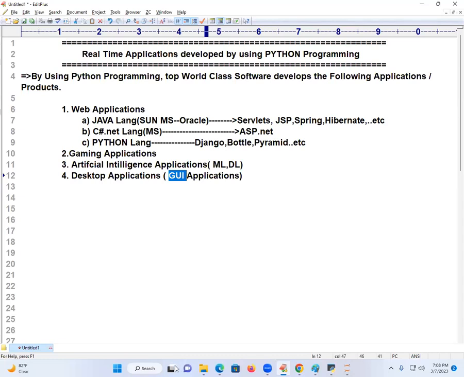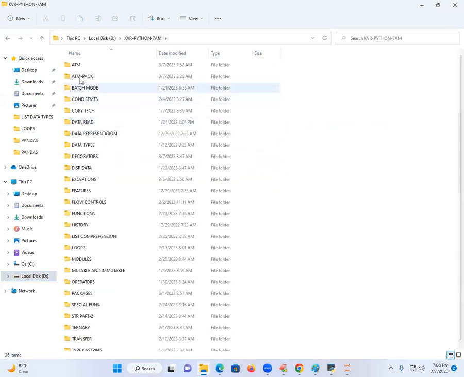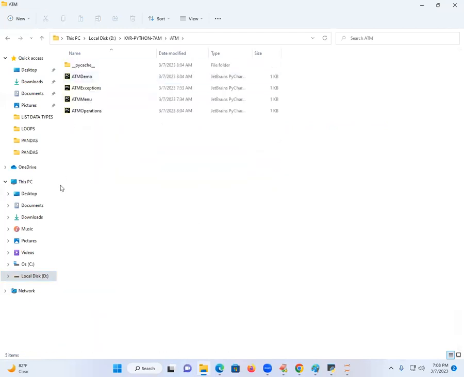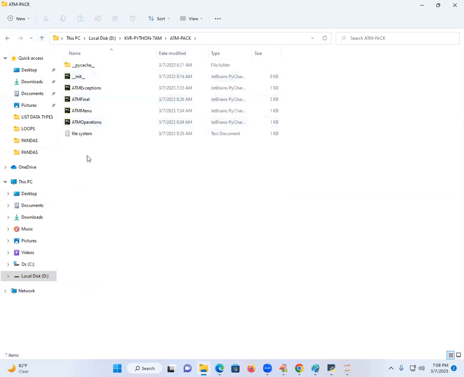I just explained this in the 7 AM batch. There is an ATM application. I will run this class once for you in the demo sessions. I'll show you the ATM, how to give it to the worldwide people, the file system, how to prepare it. Why am I showing all these things? By mistake, if you miss my class, at least you will expect the same thing from another place. Because somewhere else, Python in 20 days and on the 21st day you want to become a software engineer wearing some card and going to a company. Impossible.